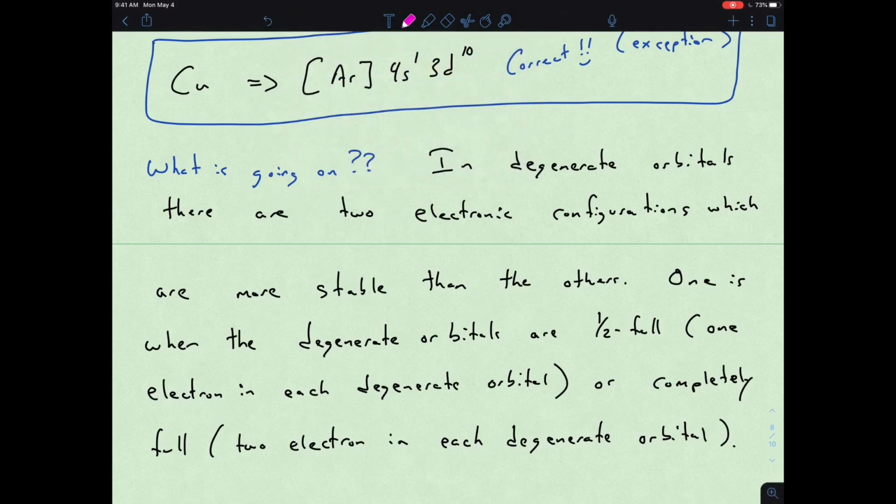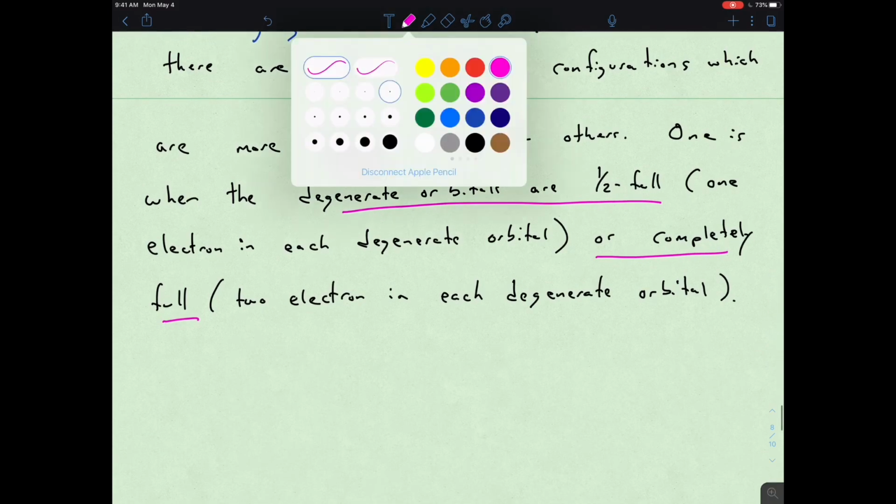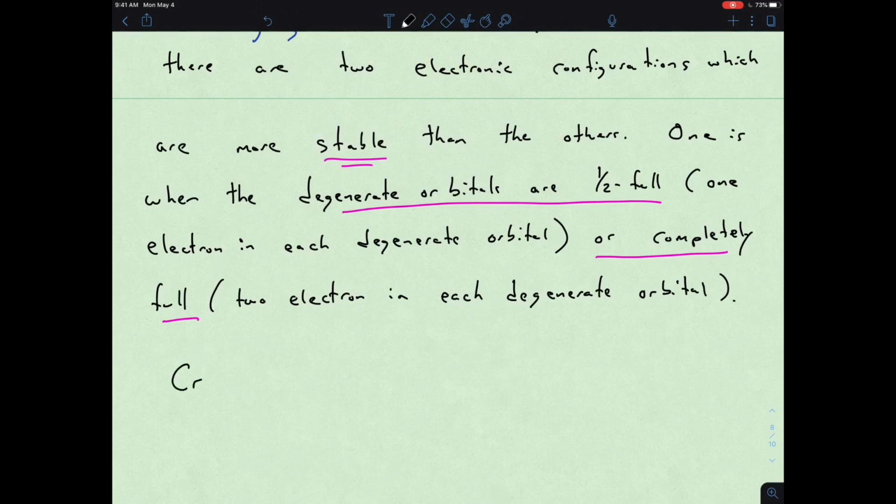When you talk about stability, it's where we have degenerate orbitals that are half full or completely full. That really helps in understanding. And I don't want us to say that this is something that's always happening all the time, but it does give us some logic in going forward to the periodic trends that we're going to get into later in this lecture. So if we look at those examples again with our chromium,